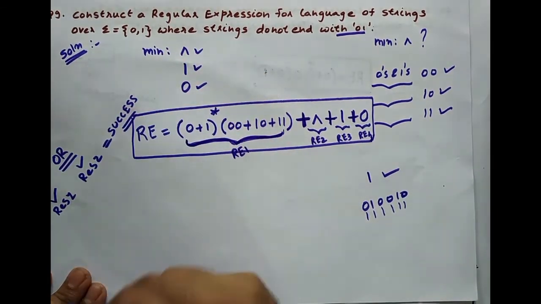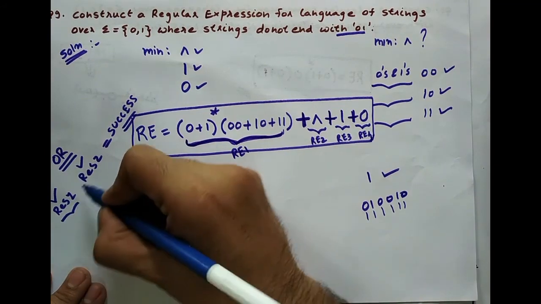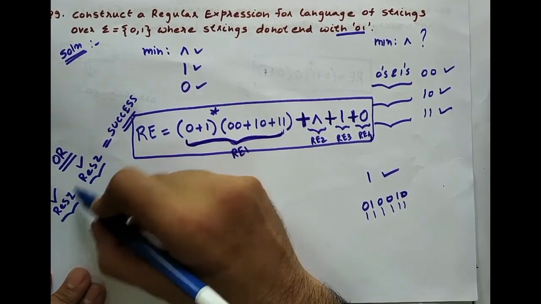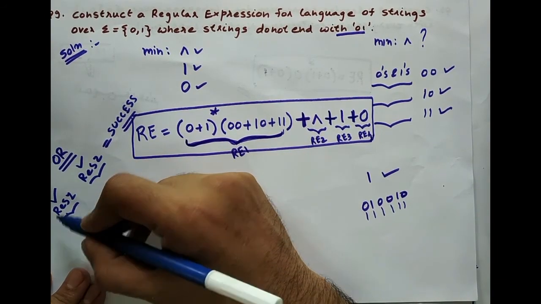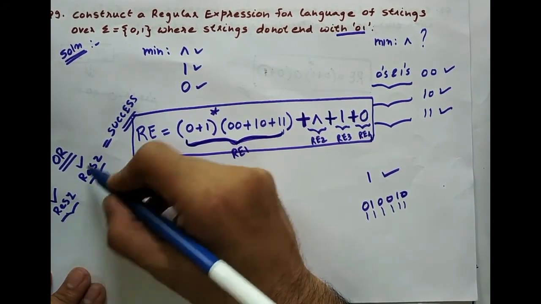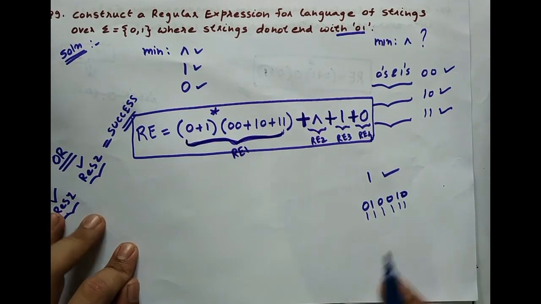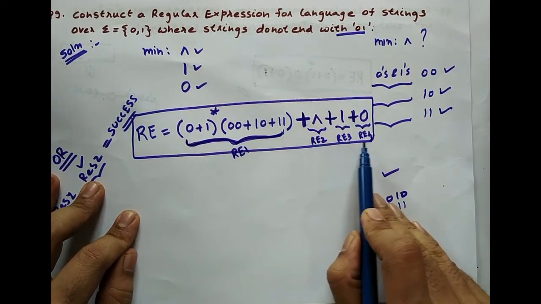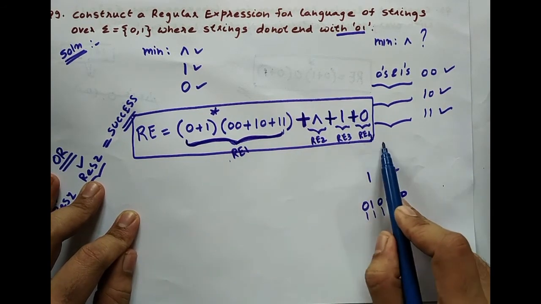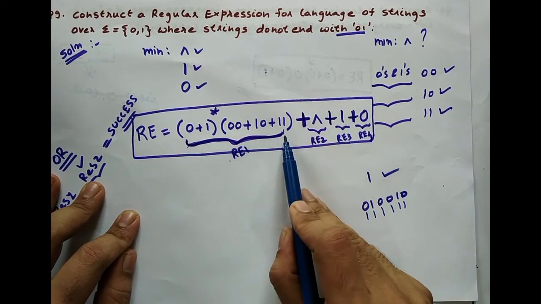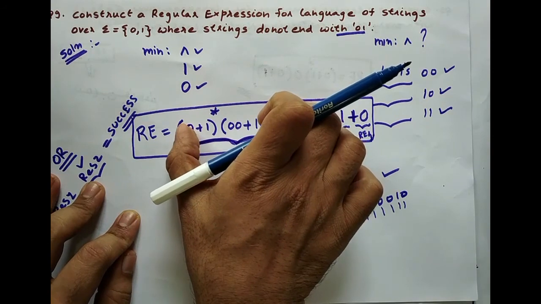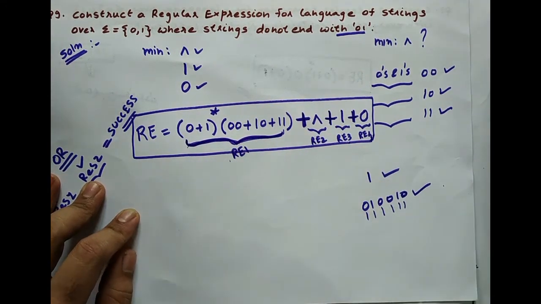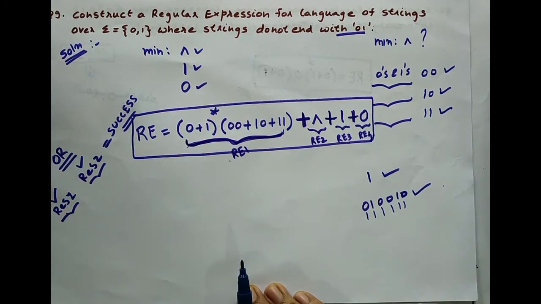What does OR tell you? Either one of these results is true. Either this is true or this is true. At least one of these is true, then you get success. So that means, out of the 1, 2, 3 and 4 sub-regular expressions, at least one regular expression is fully executed and the string validated,